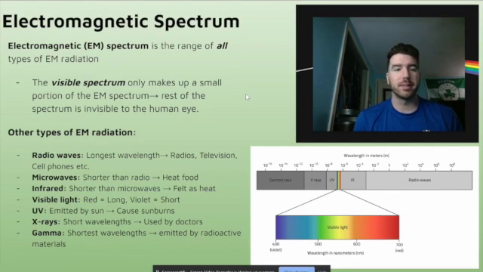All right, last but not least, let's talk about the electromagnetic spectrum. So, the electromagnetic spectrum is just all the different types of electromagnetic radiation. And the reason that we're going to talk about this is because certain forms of that radiation interact with our atmosphere. The visible spectrum of electromagnetic radiation, the types of light we see, makes up a very small portion